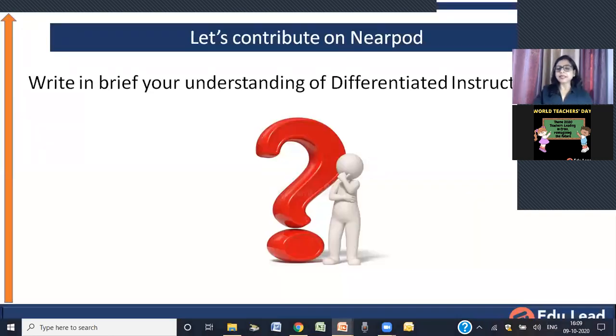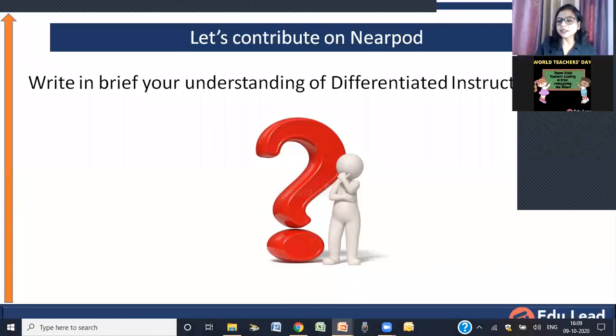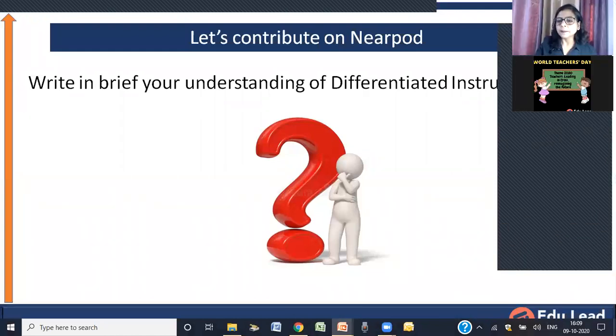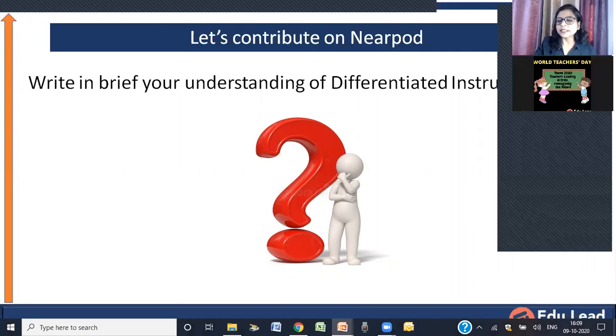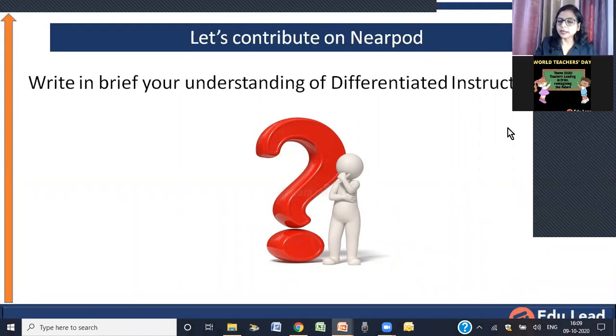So what everybody is saying over here is that differentiated instructions are something by which we are able to cater to the needs of all the students inside the class, which also says that we have to be, first of all, understanding our children, and we have to then look into the diversity, what kind of diverse learners are there, and we cater to them. Okay. Now, I just want all of you to have a look at this particular